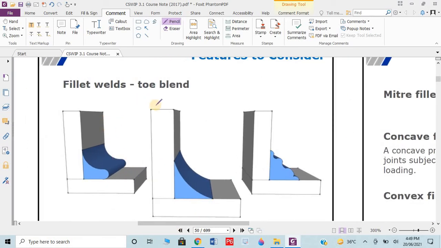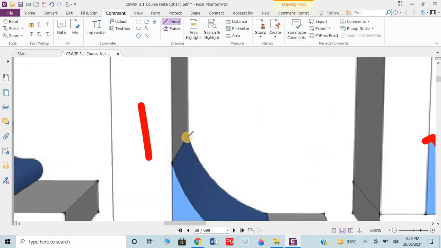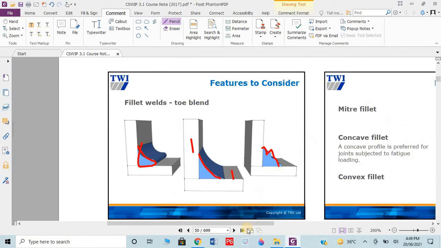Okay, then we have fillet weld toe blends. You can see this is a fillet weld, an ideal fillet weld. If we have the fillet weld up to here, then one bead crosses this one, then this is not okay. This one is also zigzag, this is also not acceptable. So in a fillet weld, the toe points of both ends should be blended with the parent metal. This is the parent metal. You can see here, this is completely blended. Blended means smooth from both ends. If it's smooth and symmetrical in body, then the fillet weld is acceptable.